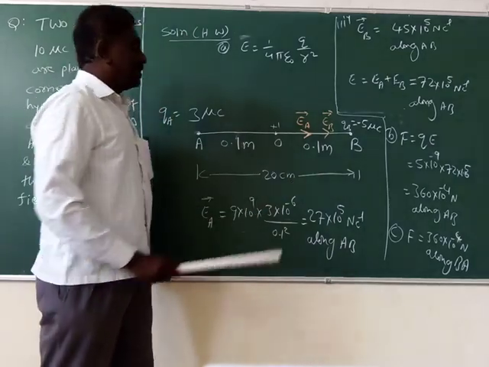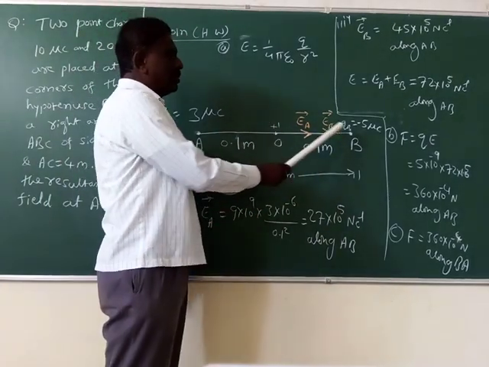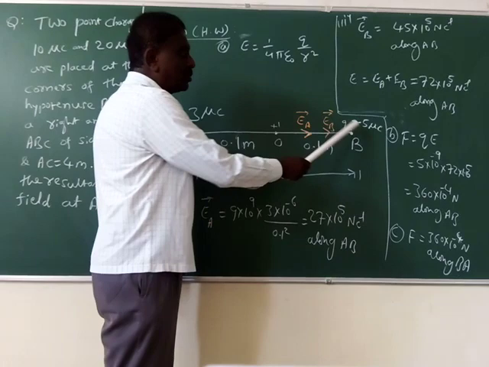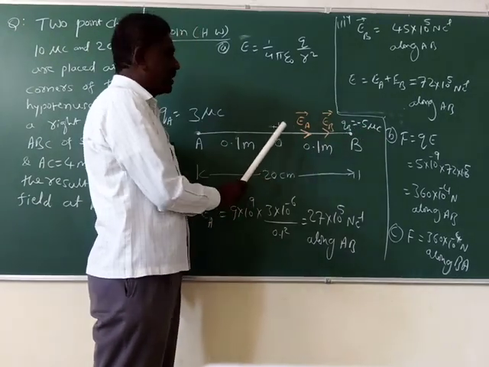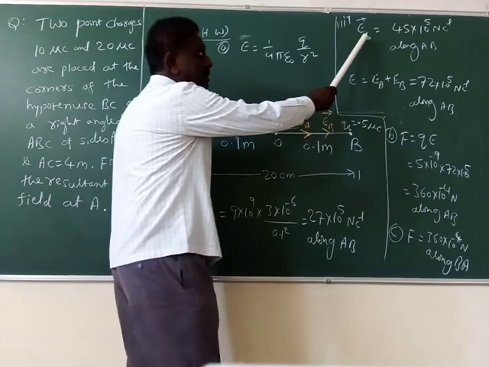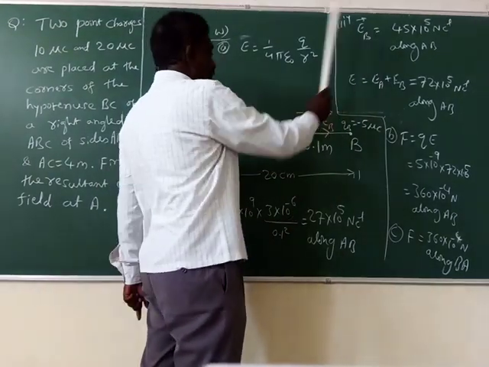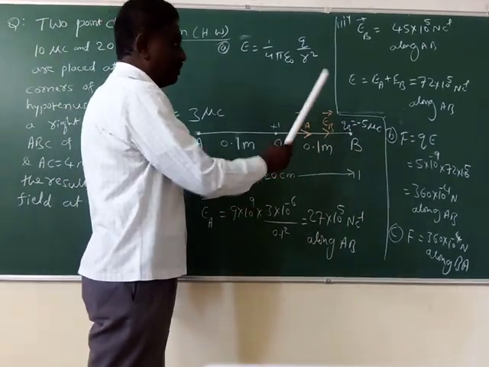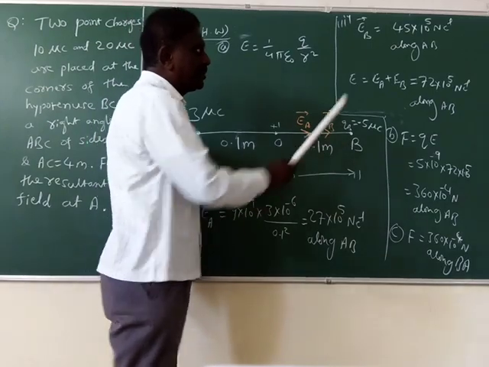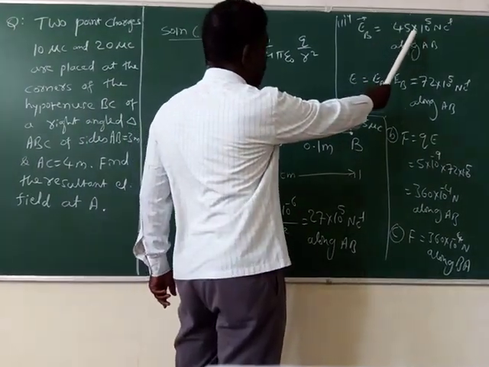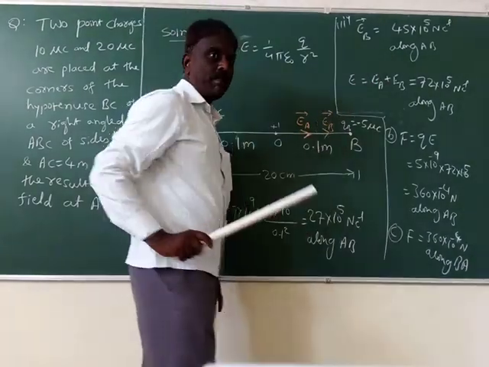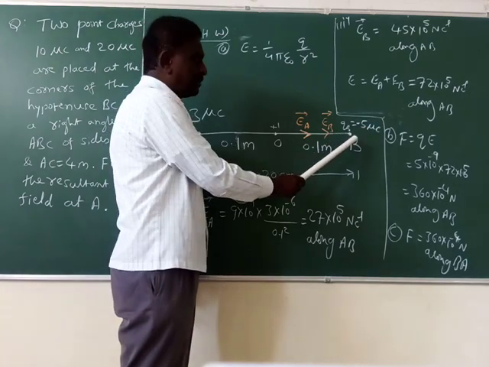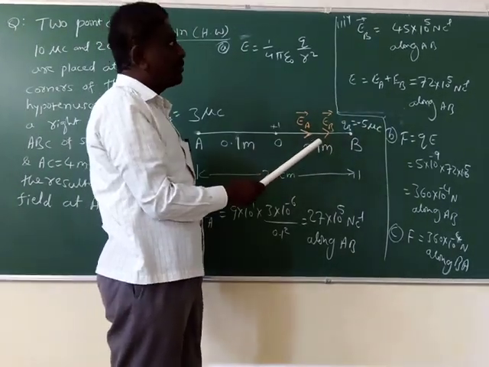Okay, now there is electric intensity at O due to charge QB placed at B. That means due to minus 5 microcoulomb charge, there is electric field at O, which is given by EB is equal to 9 into 10 to the power 9 into 5 into 10 to the power minus 6 divided by 0.1 square. Simplification of which gives you 45 into 10 to the power 5 Newton per coulomb. Okay, the electric field at O due to minus 5 μC charge at B is 45 into 10 to the power 5 Newton per coulomb.